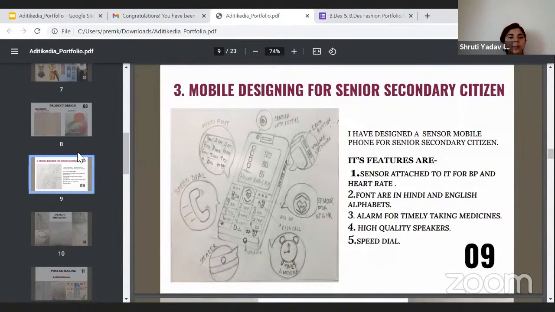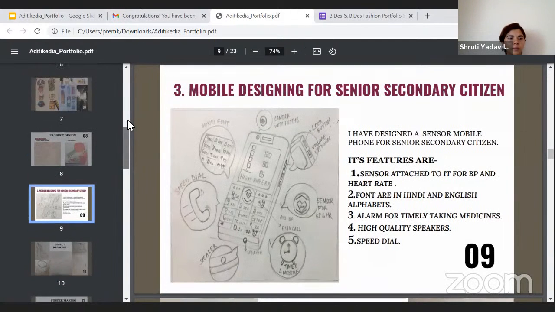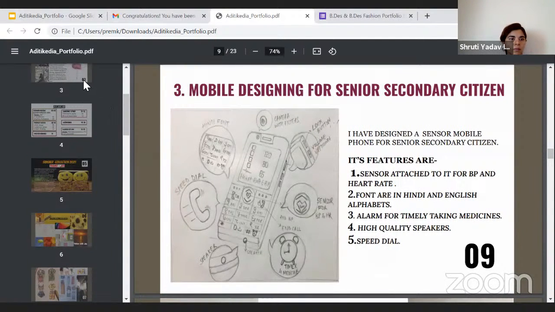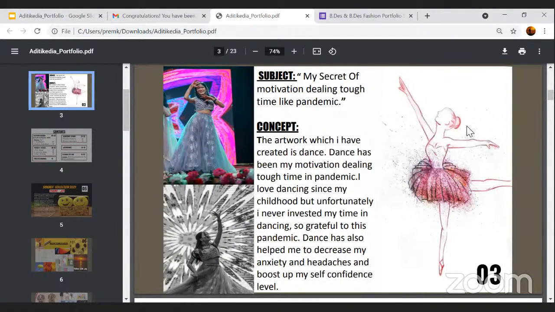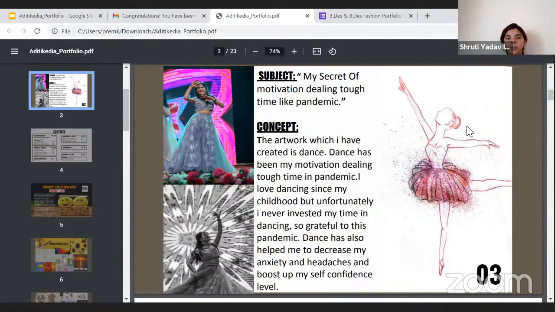Can you go to page number 3? Yes, ma'am. So this is an artwork coming in. This should come after the contents page. Yeah, ma'am, it's about me, so I thought to keep it before the contents.